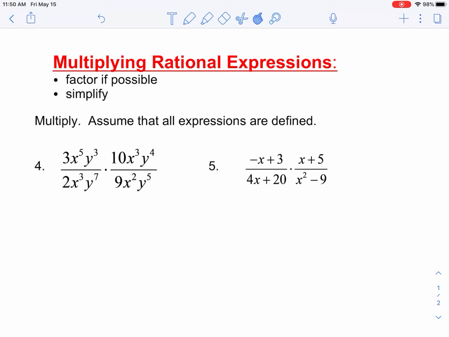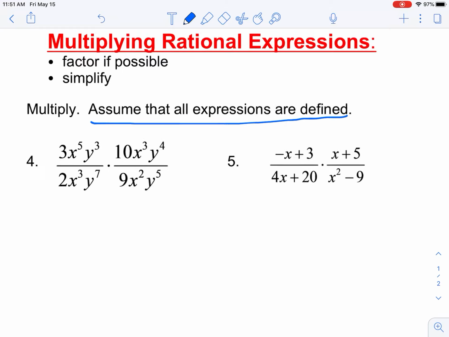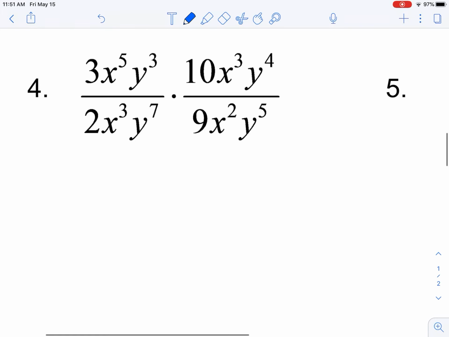Next, we're going to talk about multiplying rational expressions. So we're going to factor if possible and simplify. So our directions for number 4 and 5 are to multiply and assume that all expressions are defined. So whenever you see this statement in your directions, assume that all expressions are defined, you don't have to worry about saying what x cannot equal to, like we did in the last problems. So number 4,